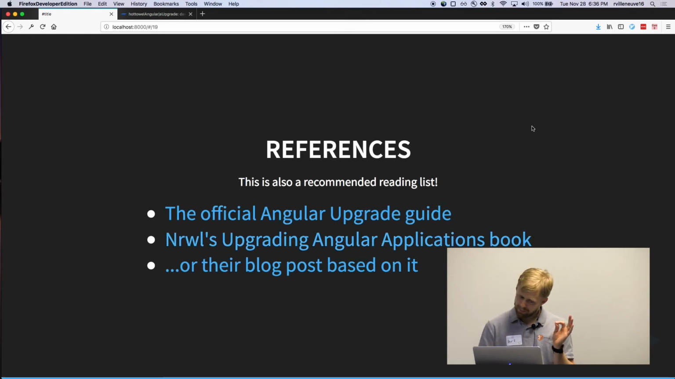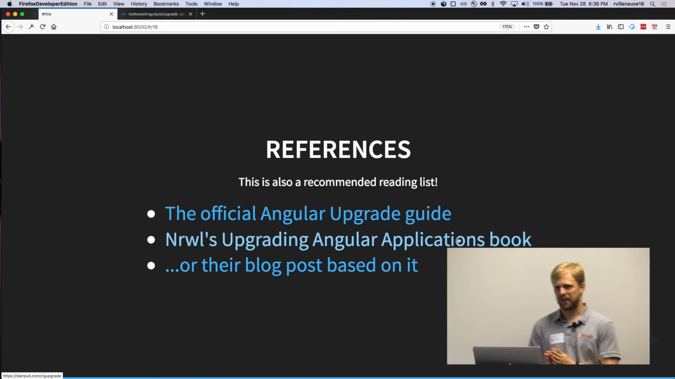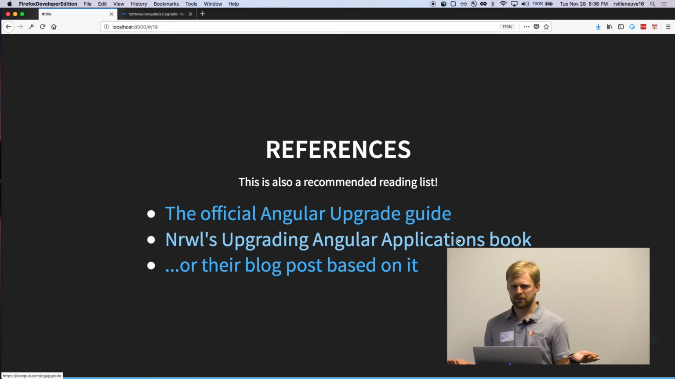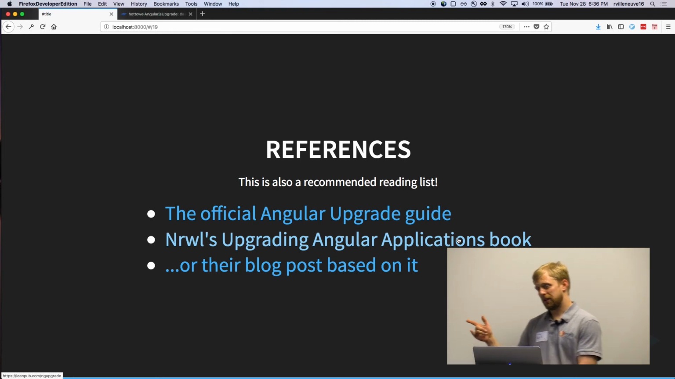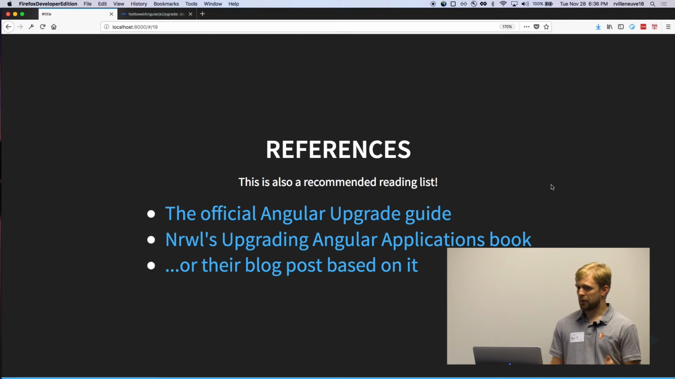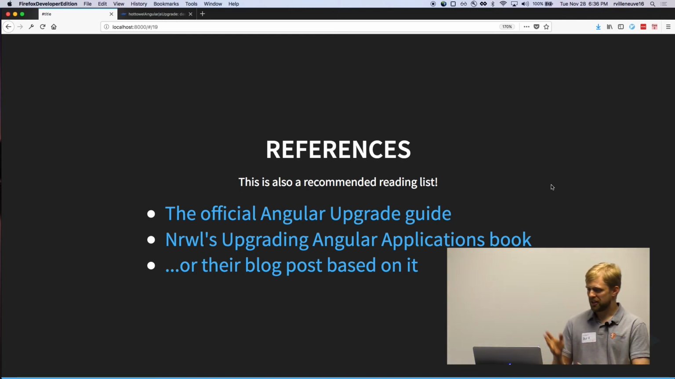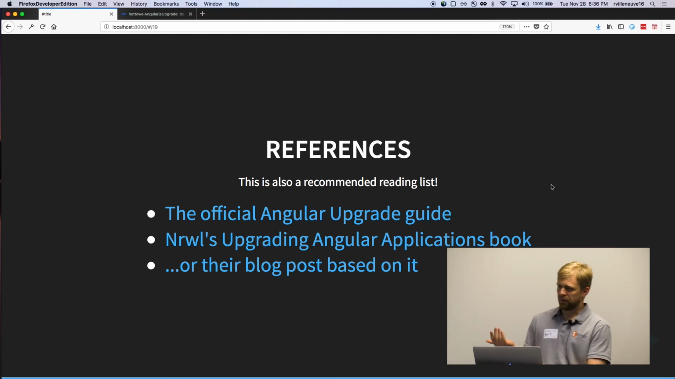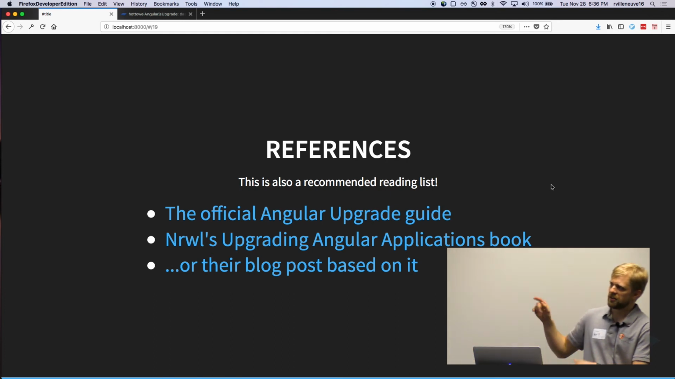This book here, the Narwhal Upgrading Angular Applications book, is 30 pages long, and it has so much info that it's absolutely astounding. I think it's like $20 right now, and it's really worth the cost, especially if you're going to do a very large scale upgrade. He gives some extremely good tips on how to accomplish that. For example, one thing I didn't go over that he did go over is that you can do little tricks where, if your app can allow for this, you can do your upgrades on a